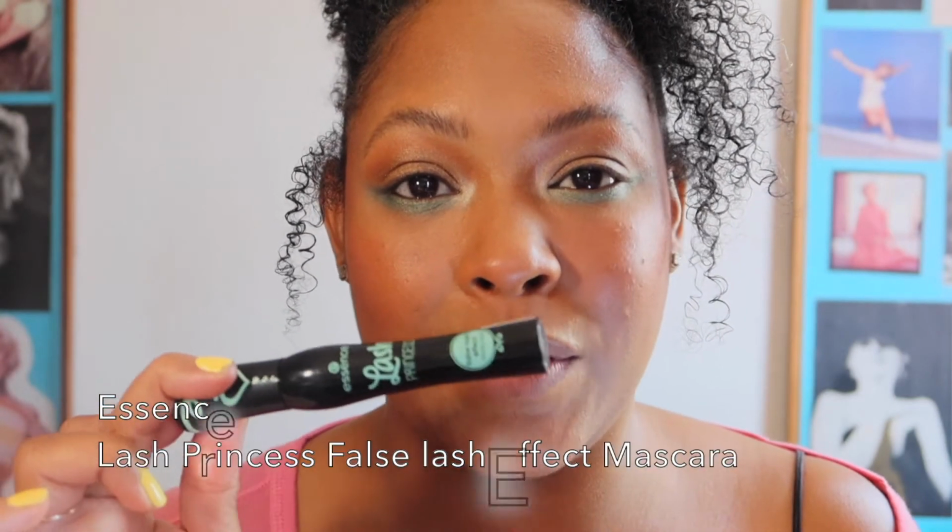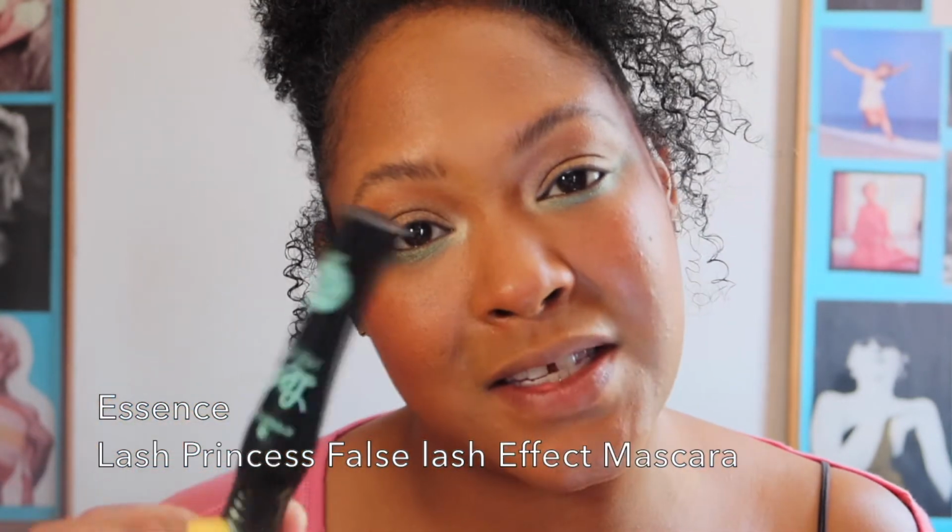Now, since this is a Summer Vibez look, I'm not going to put on lashes. I'm going to go ahead and go in with my mascara. I've been loving this Essence mascara, so we're going to do that. But before we do that, I want to pop back in for the brows. So they're looking good, but I'm going to go back over one more time with this Gimme Brow, because now they're frozen. Like they're on there. So let me just go back in one more time